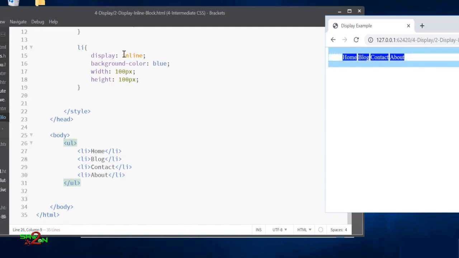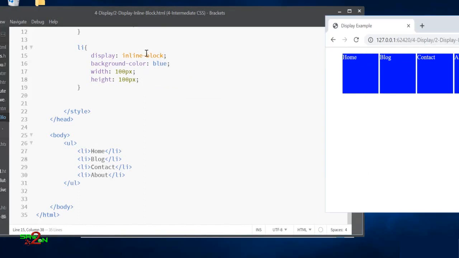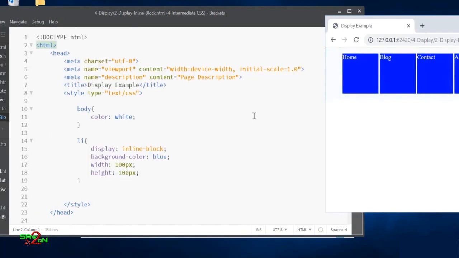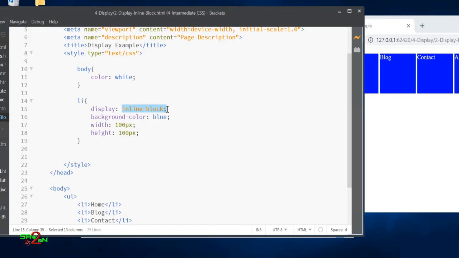For this you have to mention something called inline block. When you use display inline block, then you can apply height and width. It has both the properties of a block and an inline. So understand when to use inline block. When you want to have a width and a height controlled, you can use inline block. This is inline, and it also works as a block. You can specify the width and the height for the blocks, not for the inline ones.